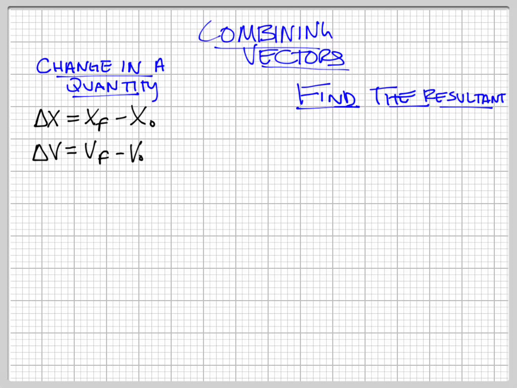This is adding vectors. The resultant vector is usually my delta x plus my delta y. Okay? So finding the resultant is adding things together. Looking at the change in a quantity is subtracting two things. And it's subtracting two things that kind of gets us caught up on stuff. So